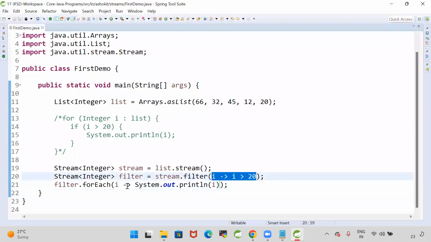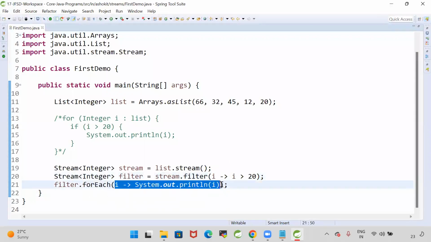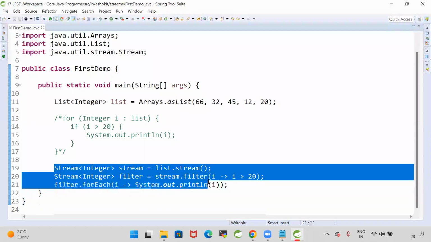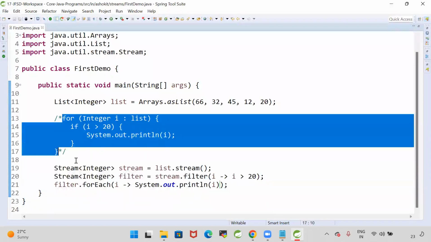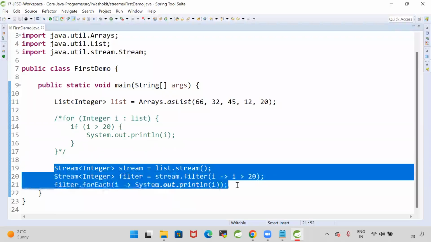This is one lambda and this is one lambda. Here it is taking input and giving a Boolean value as output. So the filter method is taking a predicate as a parameter. The forEach method is taking input and not returning anything. The forEach method takes a consumer as input. Whatever we are doing with the forEach method, the same logic can be done by using stream